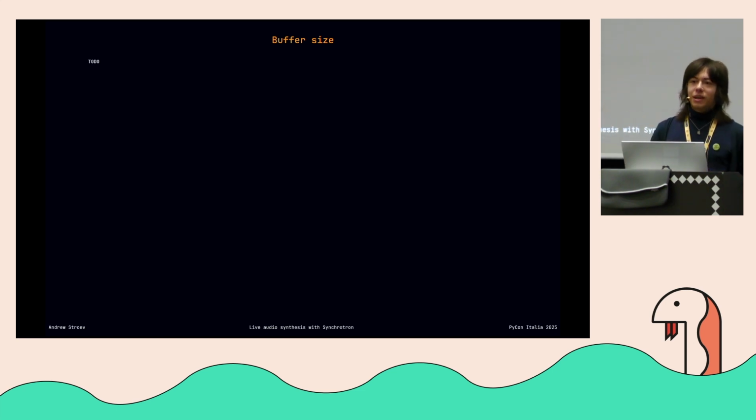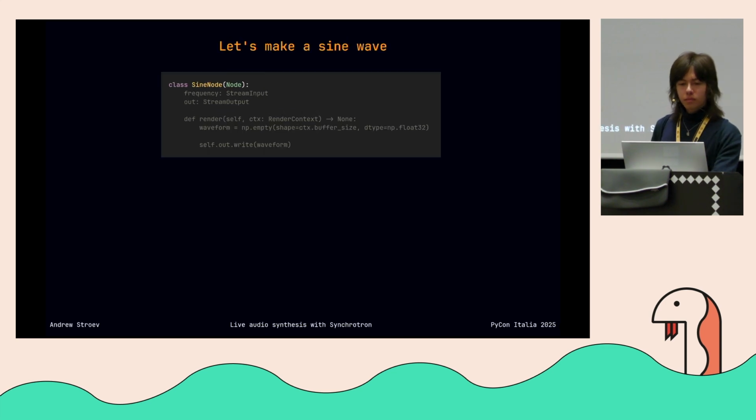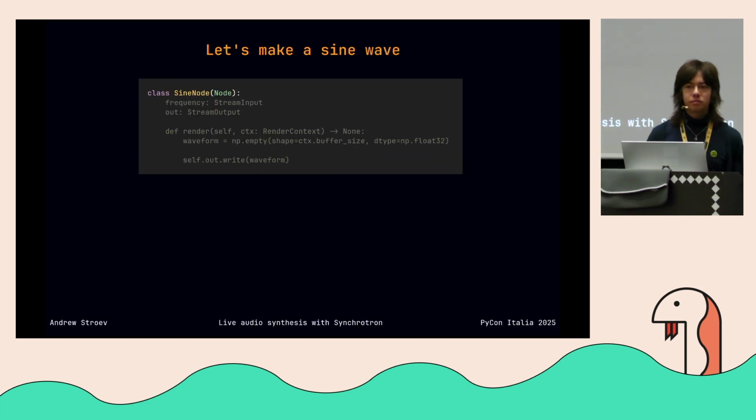However, it does mean that we have a little bit more work to do on the programming side of things. So to present an example of that, let's say we want to make a sine wave. Finally, I'm tying this back to the software in question. This is about Synchrotron, which is a program that allows you to construct your own synthesizers and process audio just